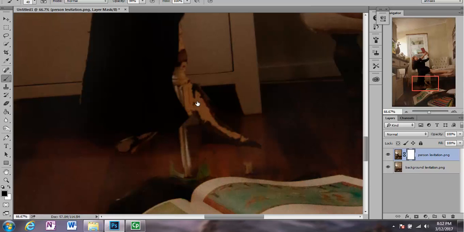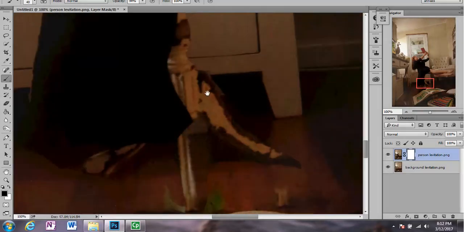You just have to take your time cutting it out. If you do that well, then it doesn't look real at all. Alright, so make sure you click on the white square. You're on black and you're on your brush tool. Then again, I'm going to blow it up a bit more